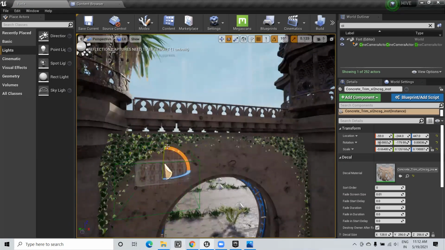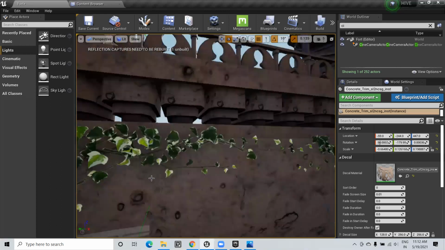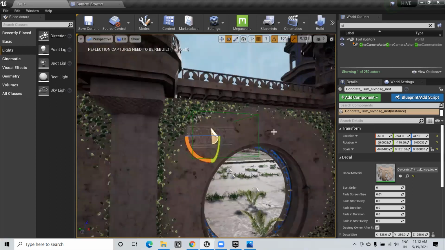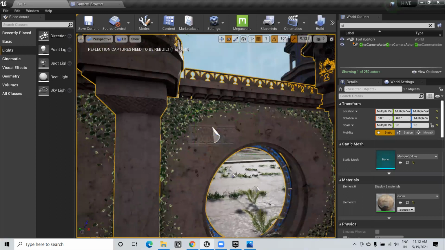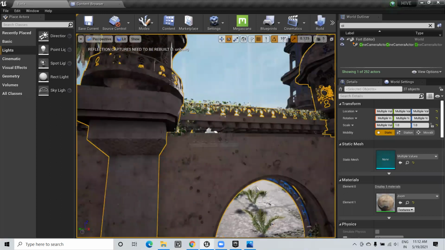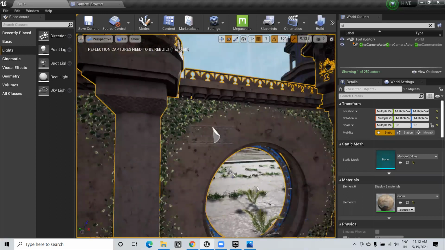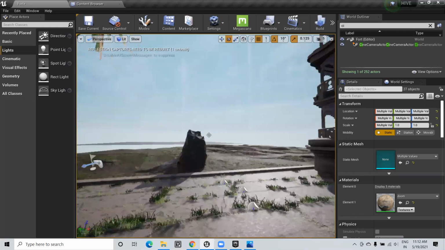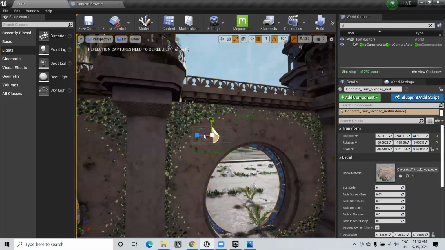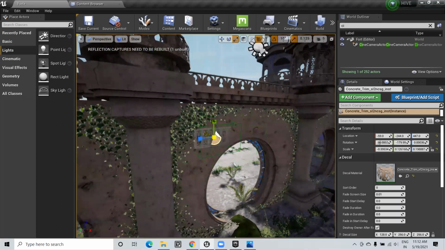Okay. It looks something like this. No, it just looks something like this right now. Once you bake it, it will look fine. Okay. No need to worry. Because by default it will look like this only. Once you bake it, it will look clean.